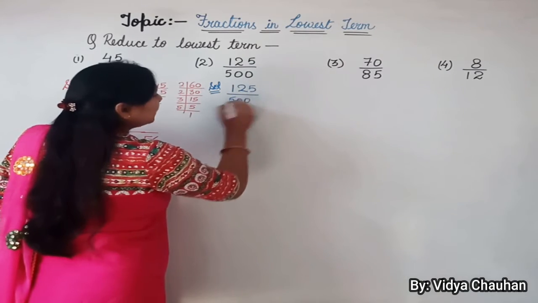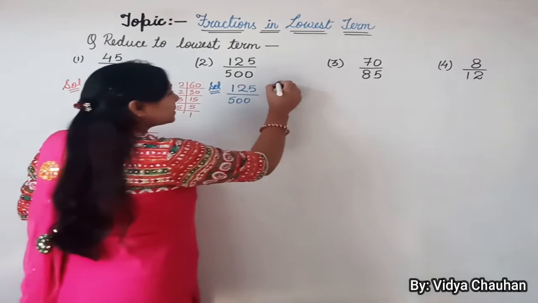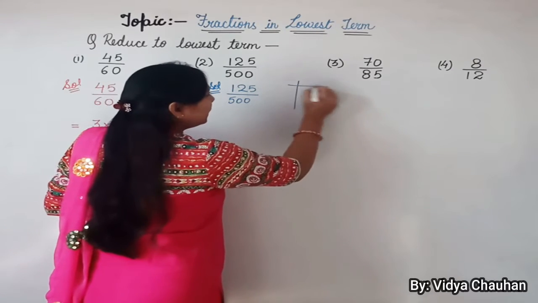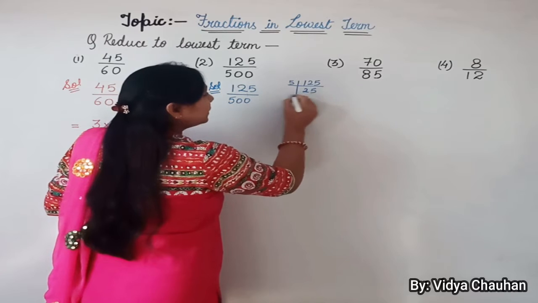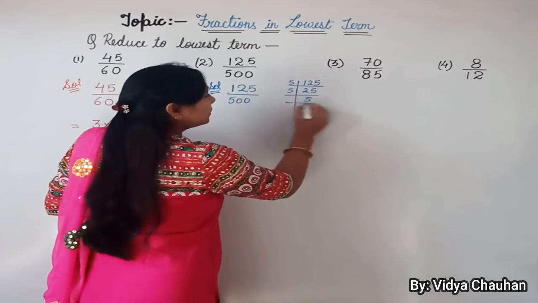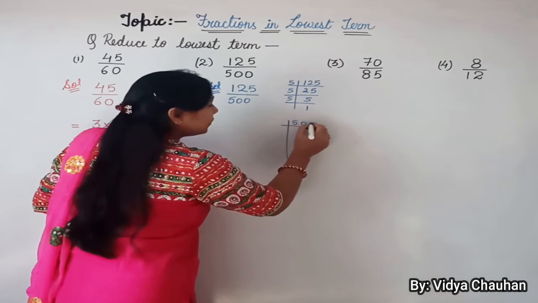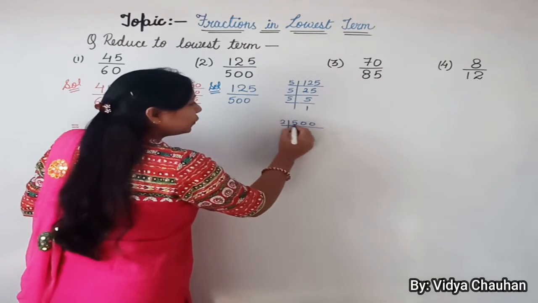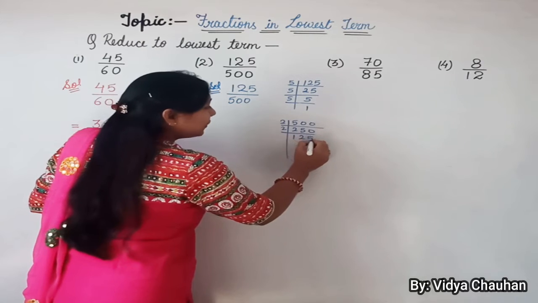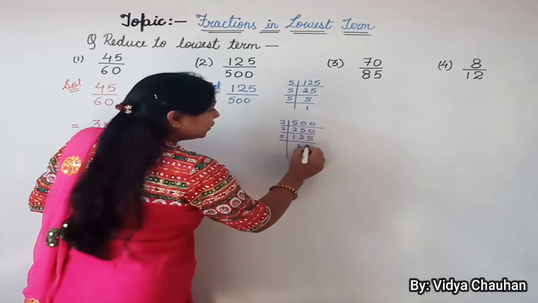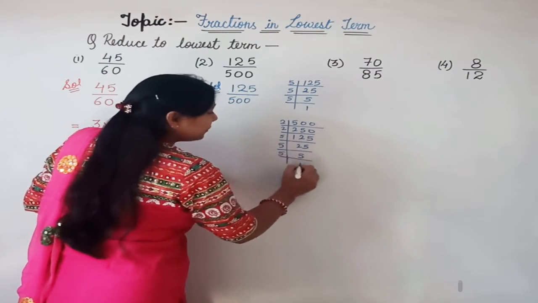125 upon 500. What will you do? Make the factors of these two numbers. So making the factors of 125: 5, 25, 5, 5s are 5, 1s are. Let's make the factors of 500 now. So 500, dividing by 2, 250, dividing by 2, 125, dividing by 5, 25, dividing by 5, 5, and dividing by 5,